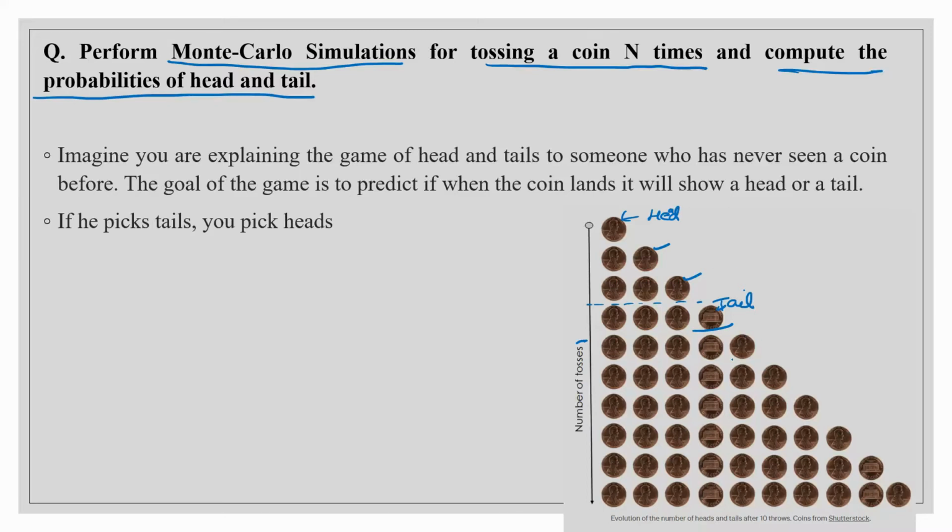But after the fifth simulation, again it came out to be head, and you can see from the images that we got only two tails after 10 coin tosses. So now the problem is that we need to find out the probabilities of getting head and tail, or the probability of your friend winning and your winning. If you see this, we do not get a complete picture, so it gives us the idea that we need to do this a large number of times. So let us run a computer simulation for this.